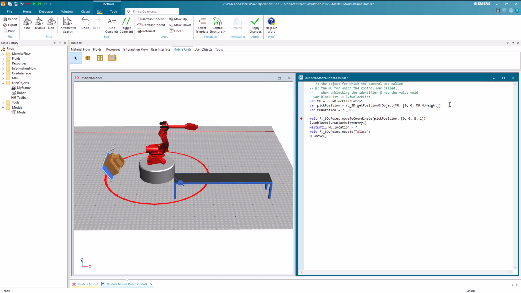At this point, we can invoke the getRotationOfObject method. This method takes as a parameter the object whose rotation you want to query. Now, we can employ this variable as the second parameter for the MoveToCoordinate method.